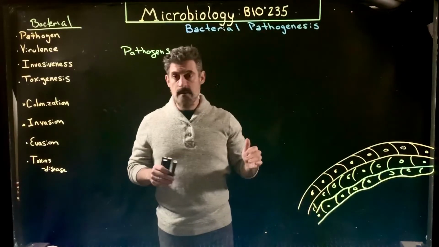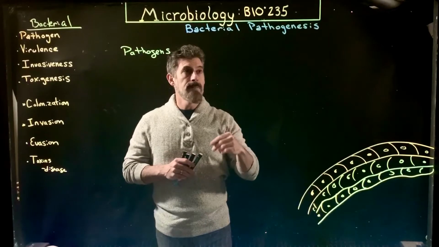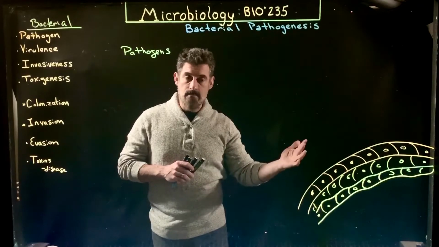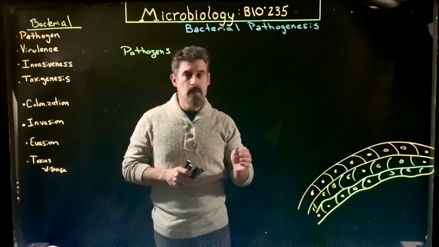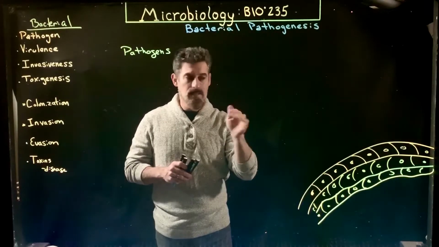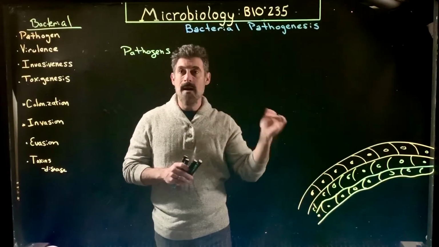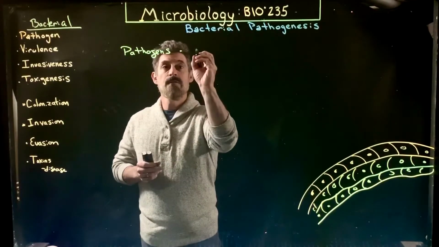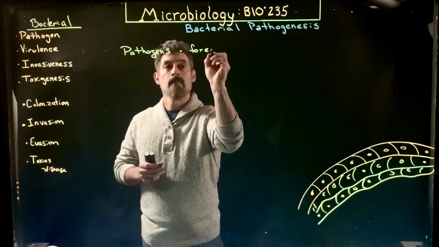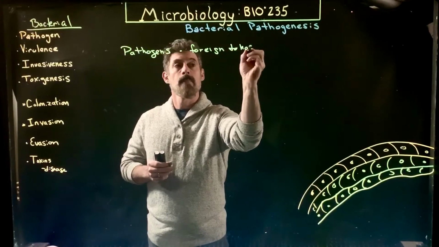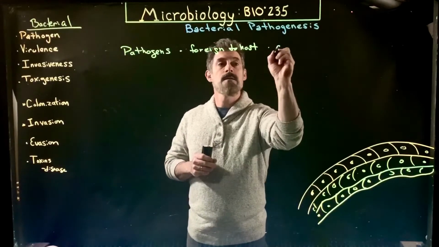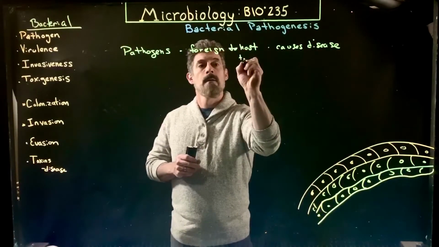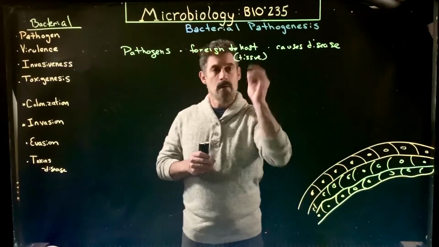I've seen students many times on an exam get confused when I ask about infection specifically for bacteria, and then they're describing all the processes of the viral life cycle, which is not what I'm asking. So keep in mind, we're focusing specifically on bacterial cells that are pathogens. So what is a bacterial cell that's a pathogen? It's a bacteria cell that is usually foreign to the host and causes disease. And I'm going to put underneath host, I'll put host tissue.